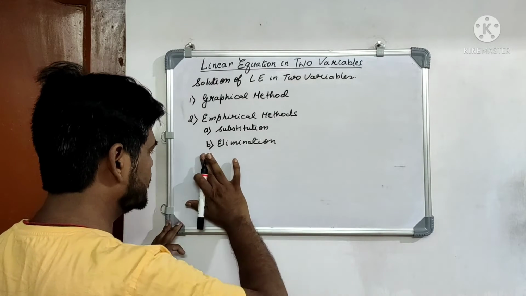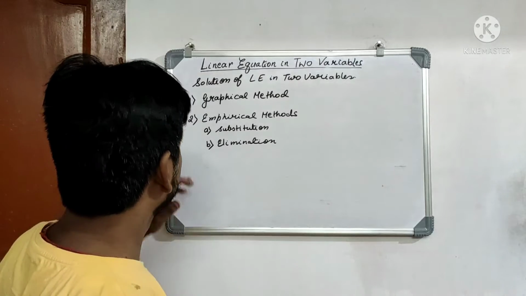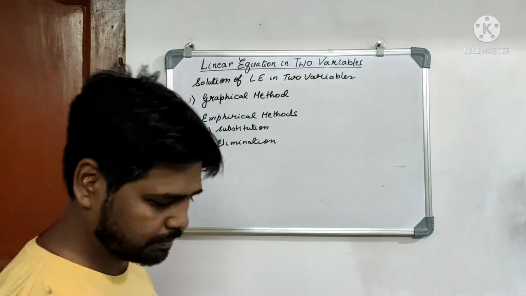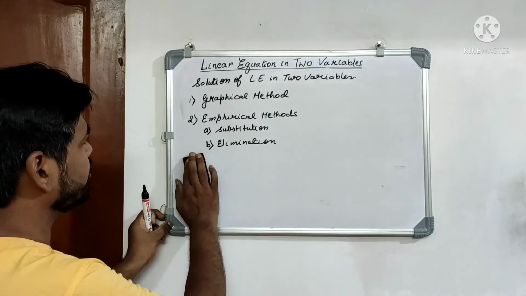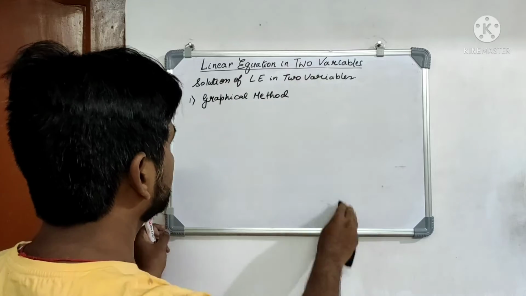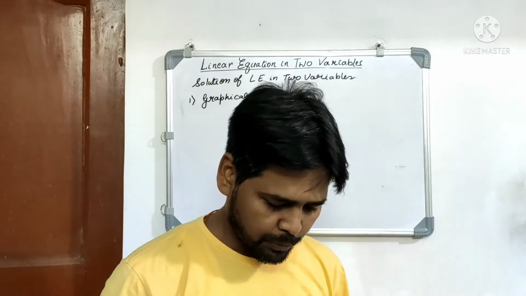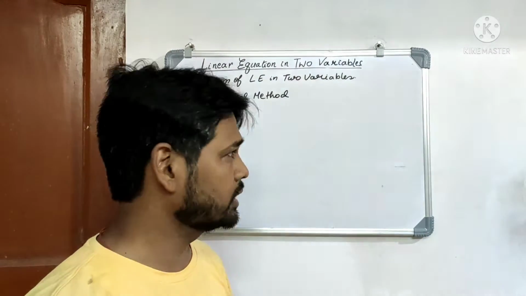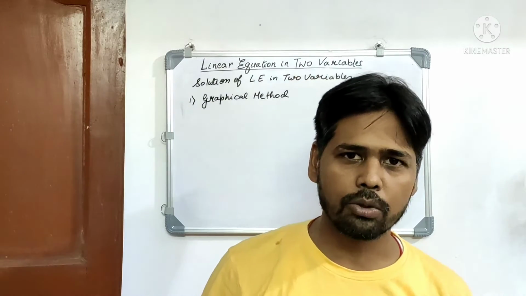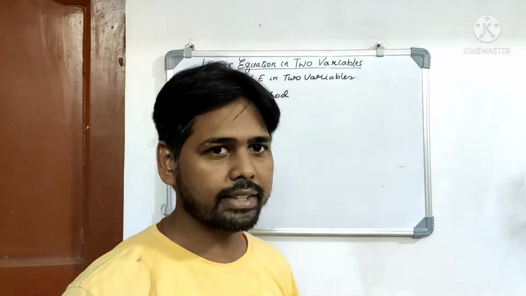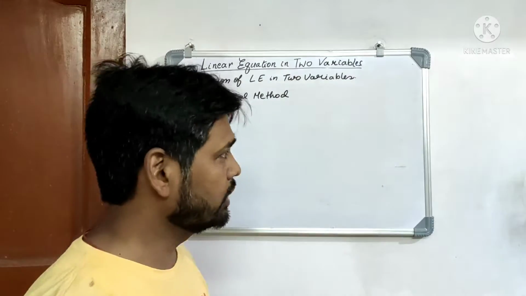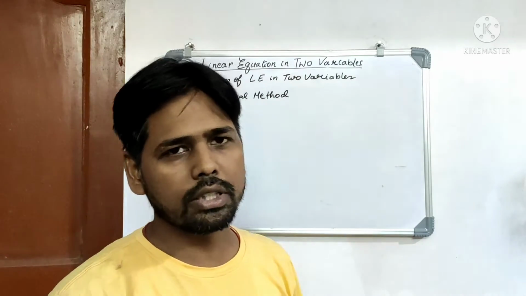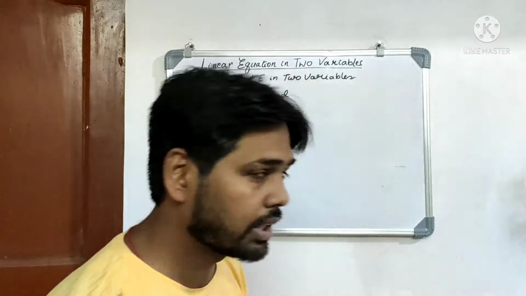Let us first discuss the graphical method, and then we will move on to the algebraic methods, which again are subdivided into different categories. Moving on to the solution of the linear equation in two variables with the help of the graphical method. I think you must have gone through the video that I uploaded previously, in the first session, where I discussed the different types of solutions obtained while solving the linear equation in two variables. There are basically two categories. Let me have a quick review of that: whether the solution will be consistent or inconsistent.